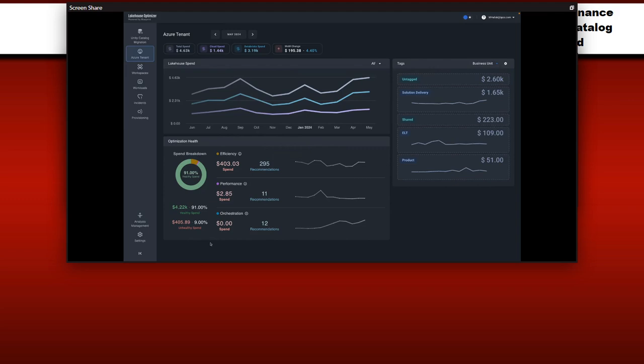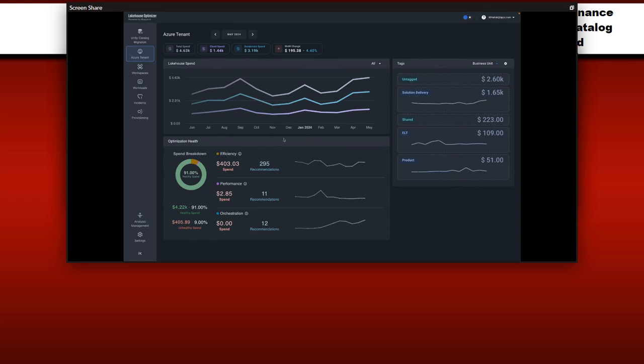A lot of these optimizations, pretty cool, come as a result of migrating to Unity Catalog. And so the whole ecosystem is really benefited when you're making those updates, leveraging some of the latest and greatest Databricks capabilities, and then verifying that you're leveraging them as best as possible using the Lakehouse Optimizer.